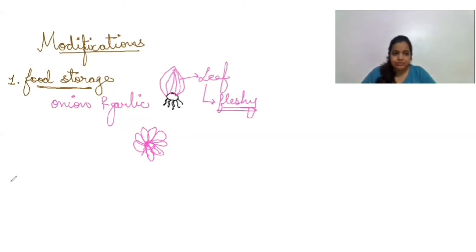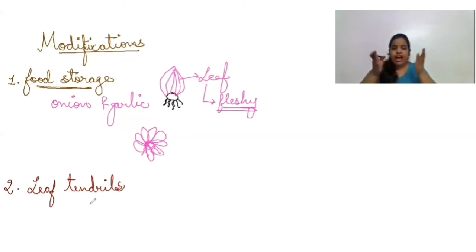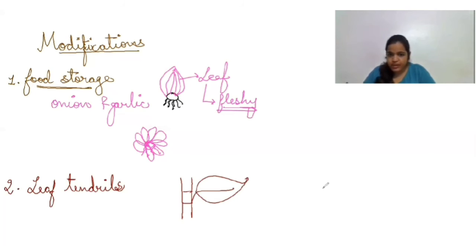Next is number 2. Number 2 is tendrils. It is leaf tendril. In the stem, we studied about stem tendrils. So let's study these modifications in comparison with the stems, so that we have revision and comparisons, and we won't get confused between the two parts. Okay. So leaf tendrils are actually formed from the leaves. So here I'm going to draw both the structures. This is one stem with one leaf on it. And this is another stem with a leaf on it.